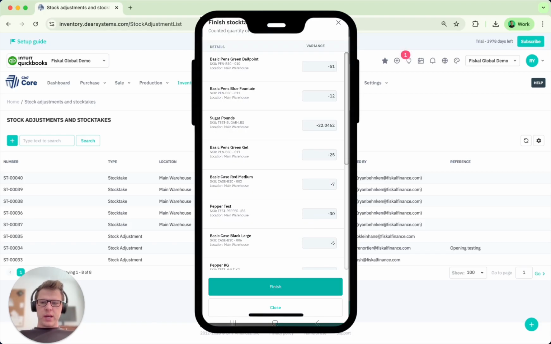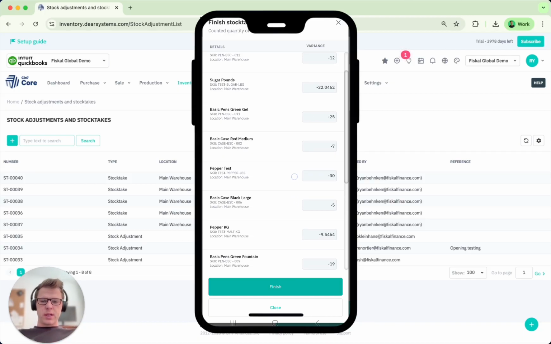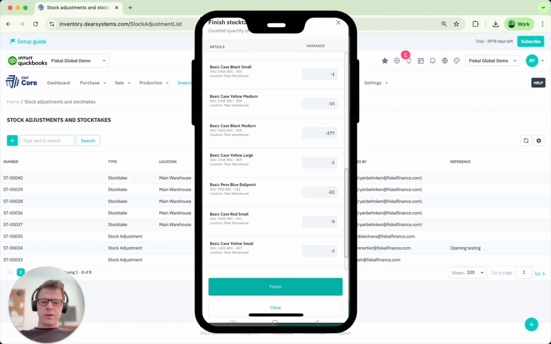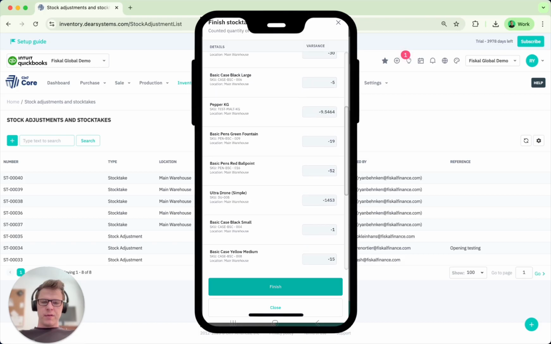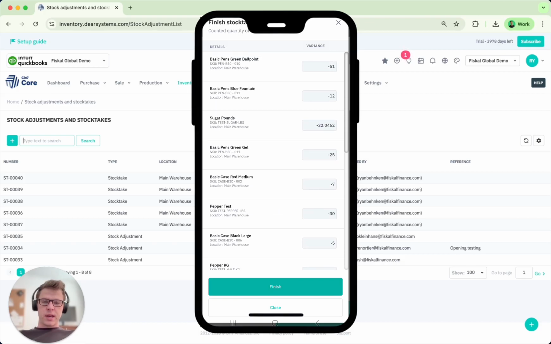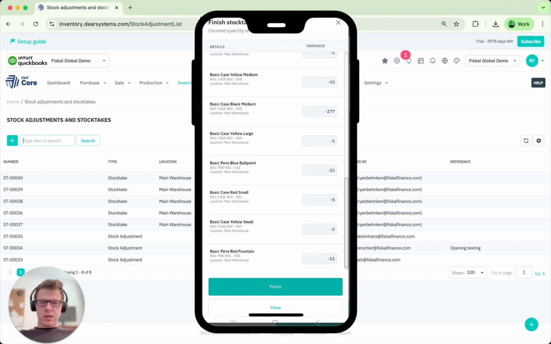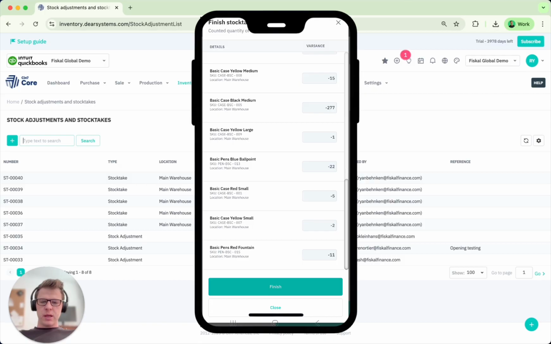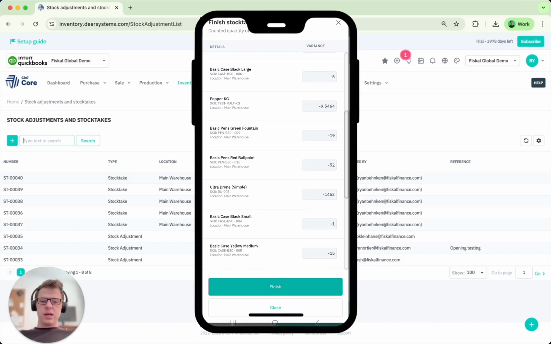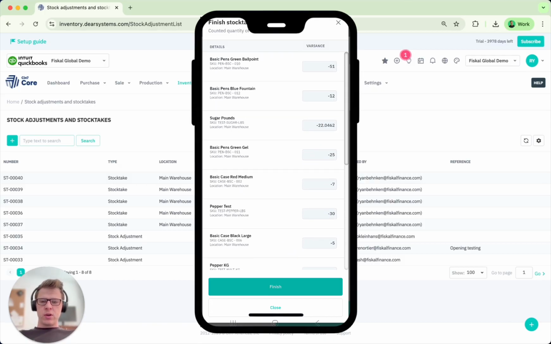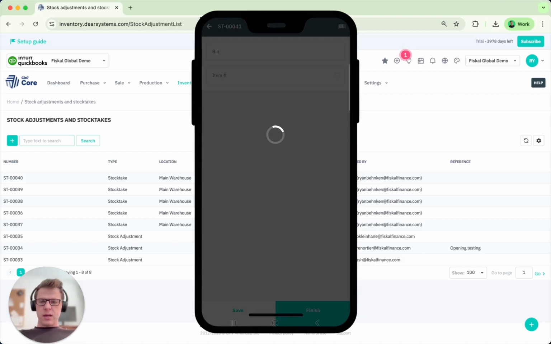So now, after we have finished the stock take, we will be able to see all of the different variances of our stock take. So we'll see that we reduced by 51. I don't have barcode set up for all of these different products, so all of these are going to be brought down effectively. The stock take was only using these two products, and so if I select finished, then the